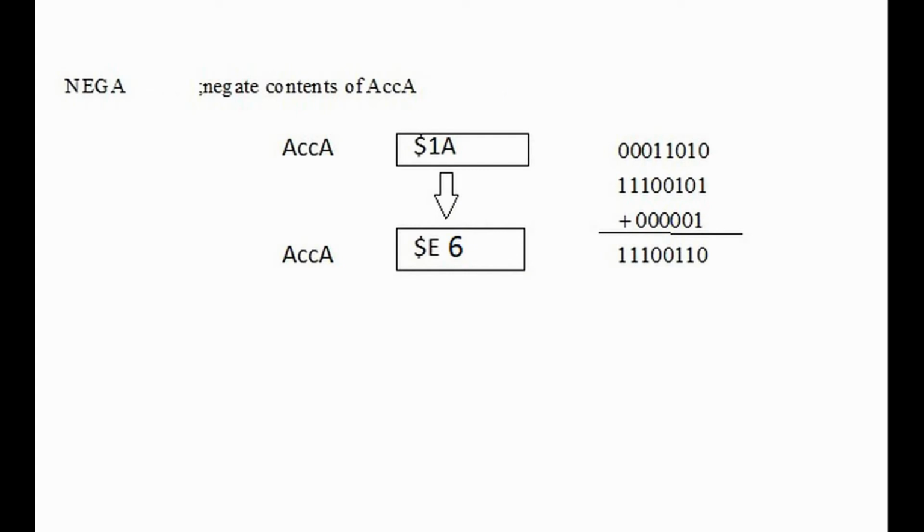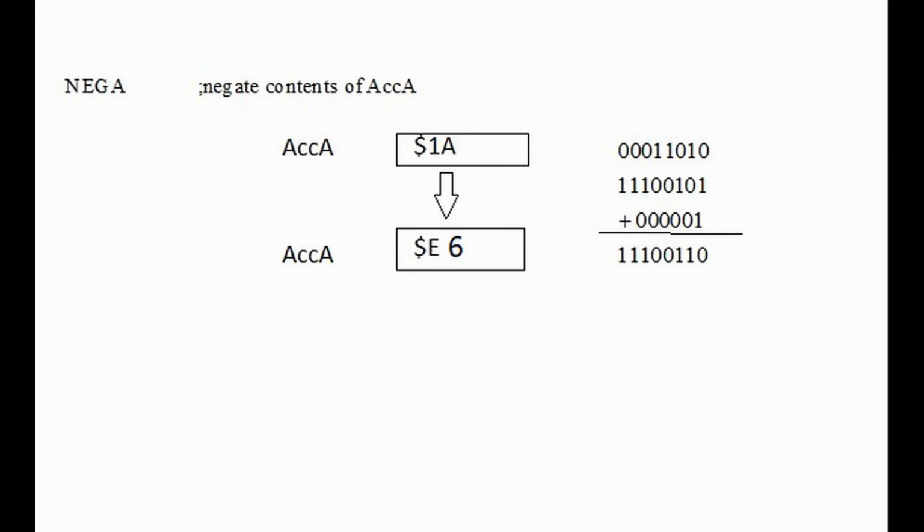To negate something means to take a number and make it a negative. Let's say we have accumulator A loaded with 1A, and we want to make that into a negative number. First, we take 1A and express that in binary, which would be 0001 1010. The first complement means to take each digit and take the opposite. We then take the 2's complement by adding 1 to the first complement, which gives us